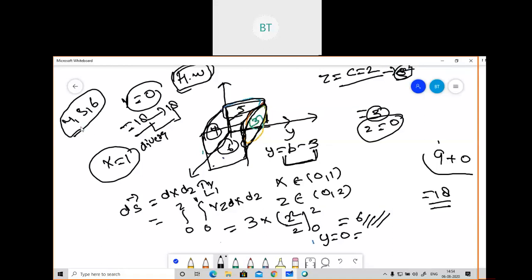So please, everybody, I'm giving you a homework. You need to solve this problem for the fourth, fifth, and sixth part, and you need to verify the divergence theorem in this problem, because this problem will definitely come. This type of problem will be there in your midterm paper. Definitely, it will be there. So go and practice this problem, and if you face any problem, please ask me.